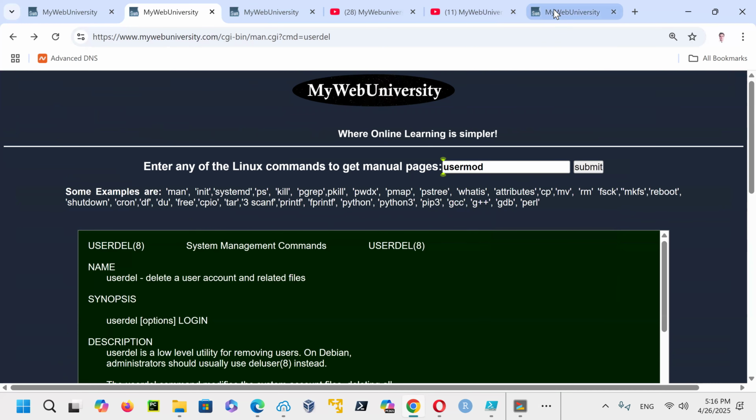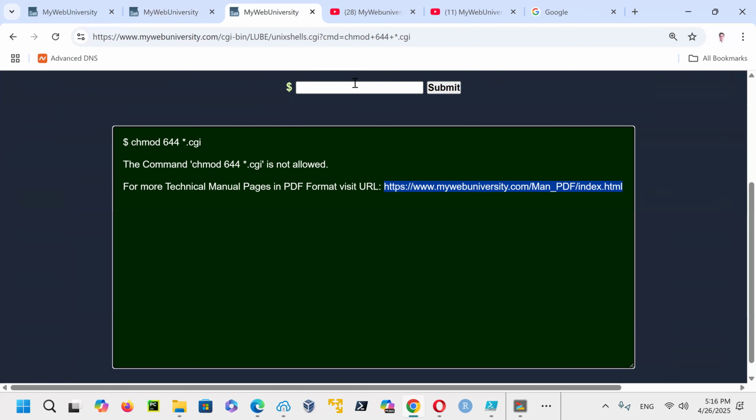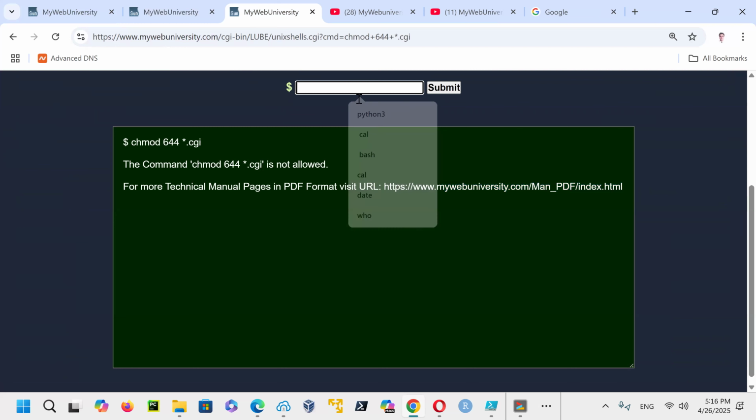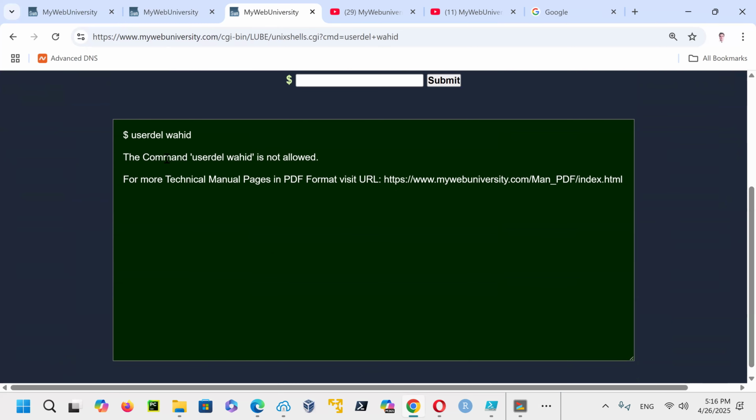Yet if you come in on my website and say, let me see, right here, you say user del Wahid, so you say delete that user, then it says, no, you're not allowed to do that one. And for information, go to the PDF version.